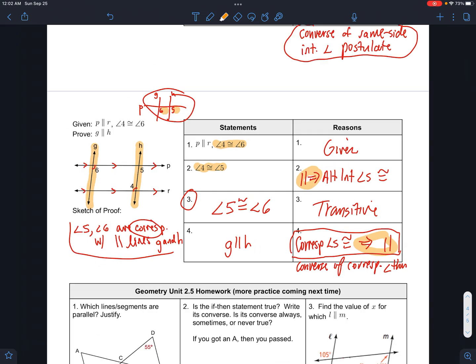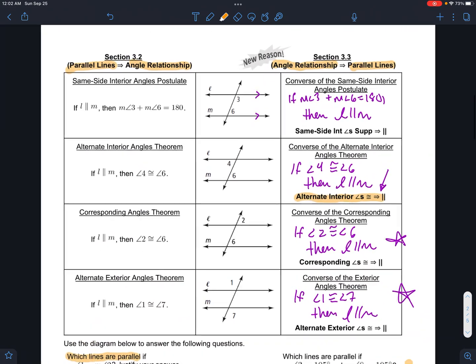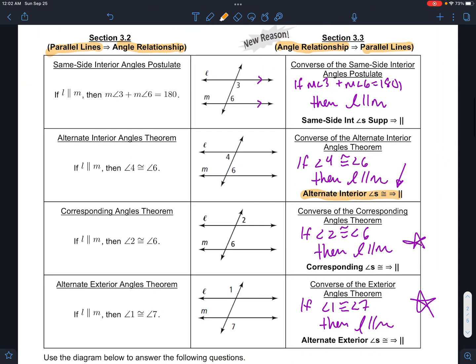One of them is just the regular theorem itself. That's where we'll end, is just to look at this again. One of them, oh, and these section numbers are wrong too, darn. One of them is, if you're parallel, then you got your angle pair, and then we learn that you can go the other way. If this, then this. That's the big takeaway here from the notes. We'll practice more with the proofs